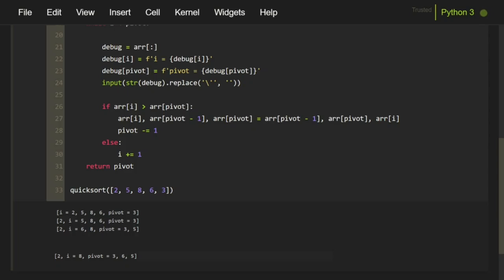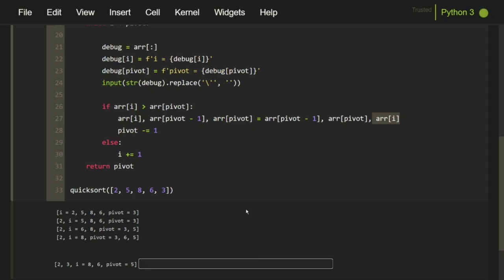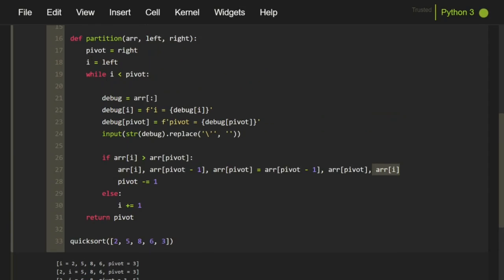So this statement will not do anything for this iteration. So array of pivot minus 1 will get the value of array of pivot, and array of pivot will get the value of array of I. So in short, these two elements will be swapped. Instead of 3 value cycling, it will just swap the 2 values. So once this is done, the pivot will get decremented by 1, and so the while loop